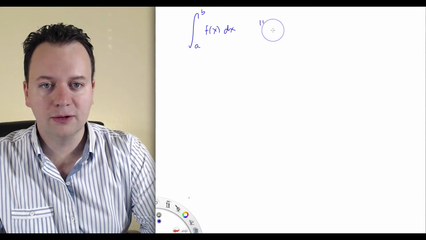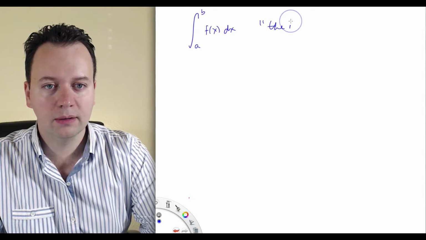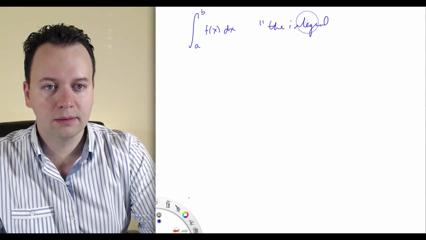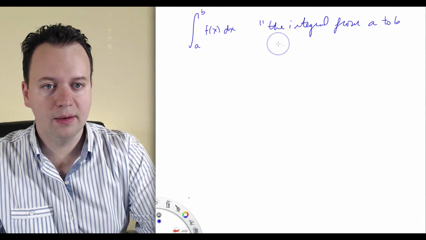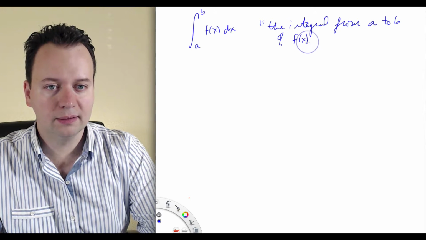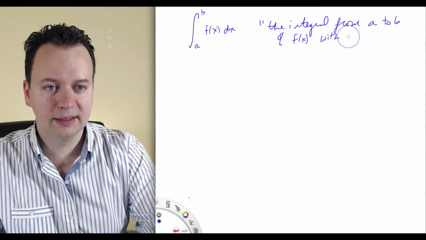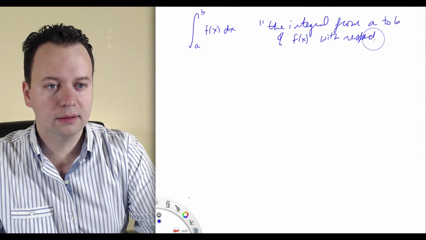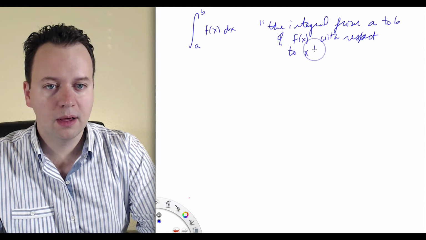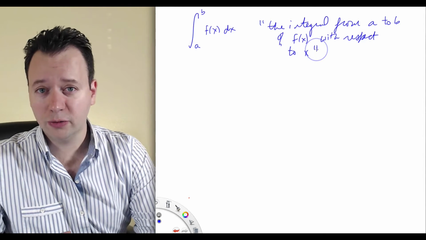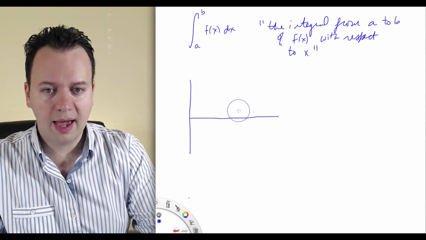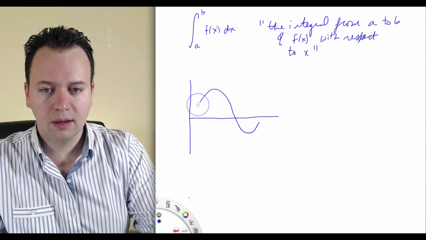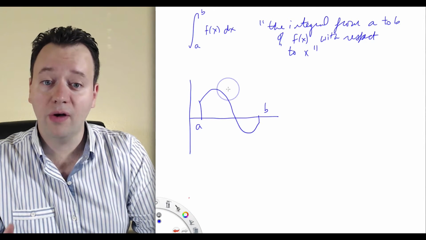dx. This is read as the integral from a to b of f of x with respect to x. We previously saw, just with a tentative definition, that this corresponds to the area under the graph of f of x